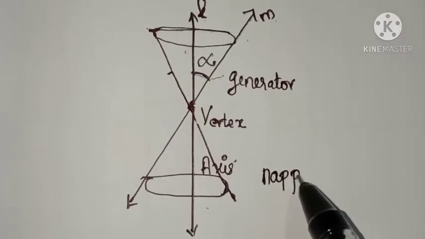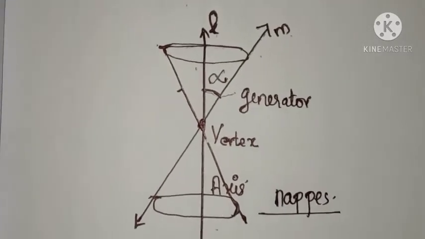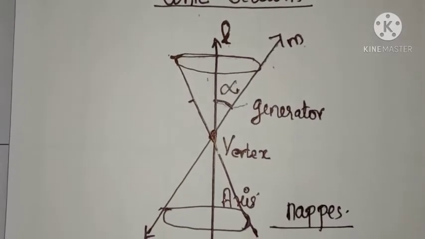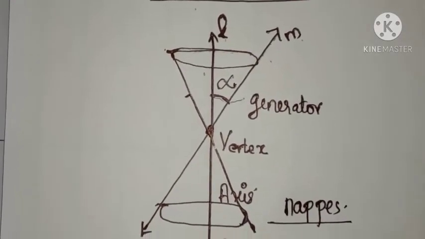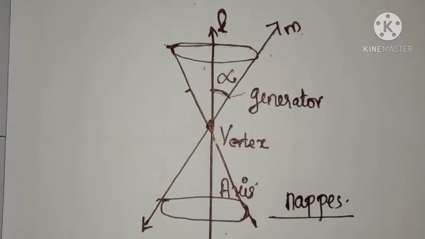Now, with respect to the angle alpha, these naps become curves such as circle, ellipse, parabola